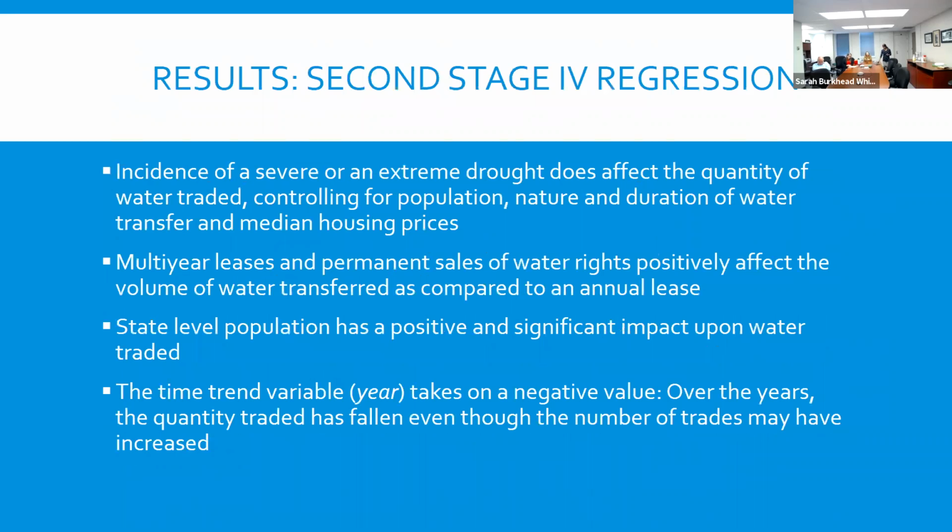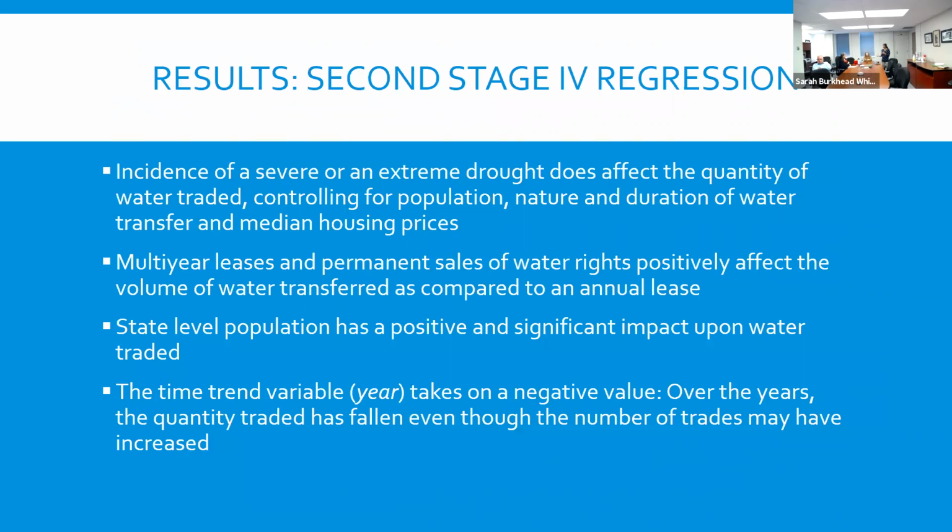Now, next we come to the second stage. We do it by steps. Again, as I said, it's not very difficult to do this. Once you use the statistical software, you just write the code and it automatically runs in 2 stages. The first stage showed us about prices. Let's look at how the estimated price and every other variable, like drought, sales, and population, affect the quantity of water in trade. That was the theme of my research here.